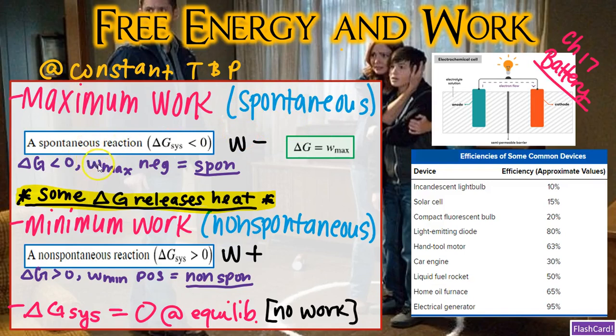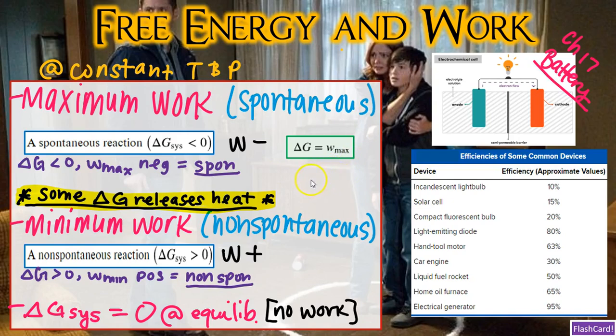So a spontaneous reaction is going to have a delta G of the system that is less than 0. This means that the system will do work on the surroundings, or work is done by the system. And if work is done by the system, then the work value will be negative. We can write an expression for a spontaneous process and say that delta G is equal to the maximum work, or work max, okay? And this is simply an expression to show a measure of the maximum work that a